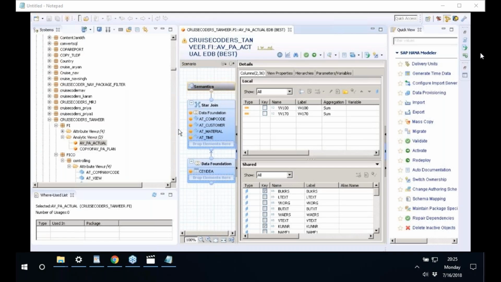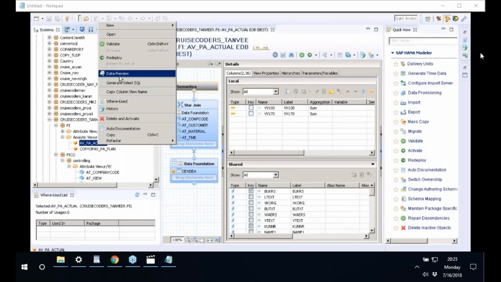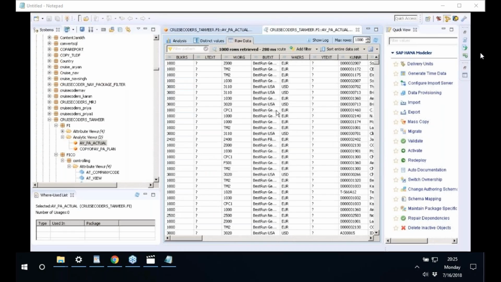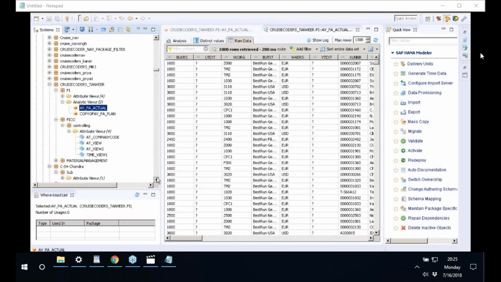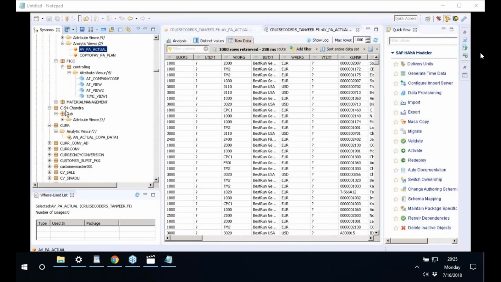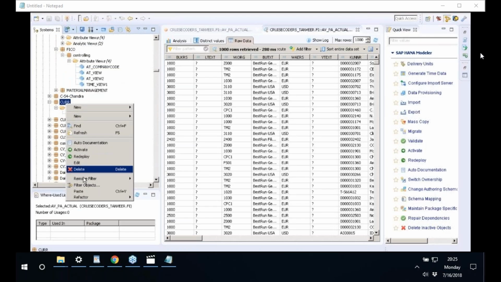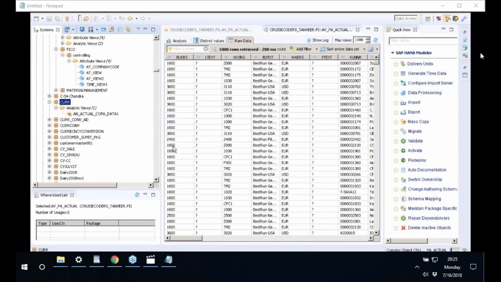Let us right click on this, open data preview. Click on data preview, raw data. Okay, this is working fine. So what I'll do, I'll just copy this, click copy, scroll to the bottom, right click on the currency package, click paste, click OK, click OK,